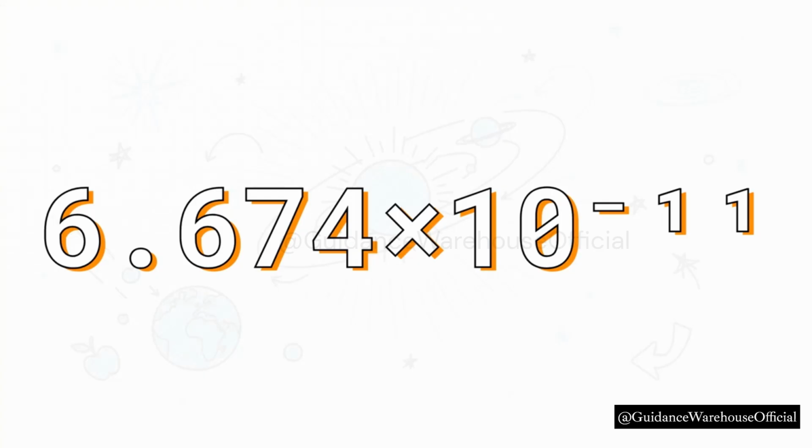Now let's talk about this G, the universal gravitational constant. Just look at how tiny that number is. That number, with all those zeros after the decimal point, tells us something really profound. On a cosmic scale, gravity is actually an incredibly weak force. And that weakness is the whole reason things work. It's because gravity is so gentle that massive things like solar systems and galaxies can stay in stable orbits for billions of years without just crashing into each other. It takes a ginormous amount of mass, like an entire planet's worth, for us to even notice its pull.